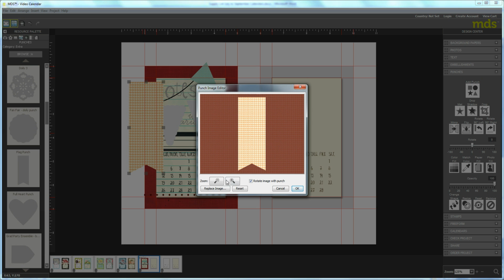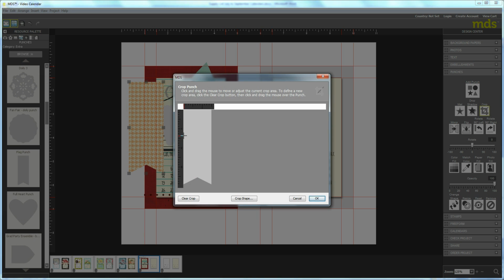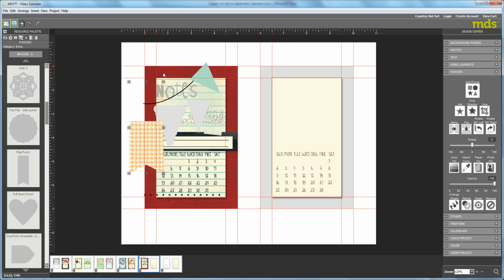And you can double click and zoom in to make the houndstooth a little bit bigger. And then go ahead and hit crop, and so you can make the flag a little bit smaller. Okay, so that's that one. And then it's just a matter of making it, whoops, a little bit smaller, bringing